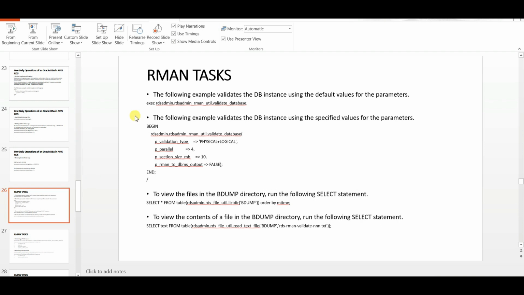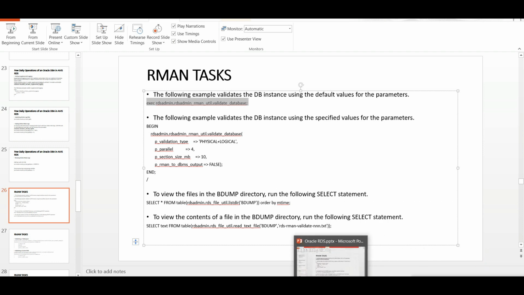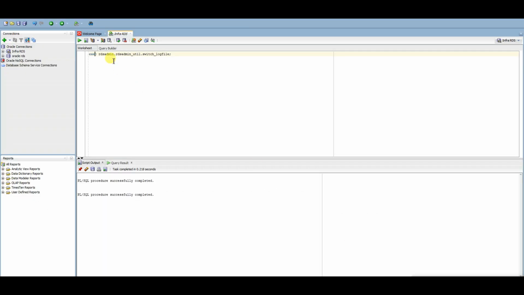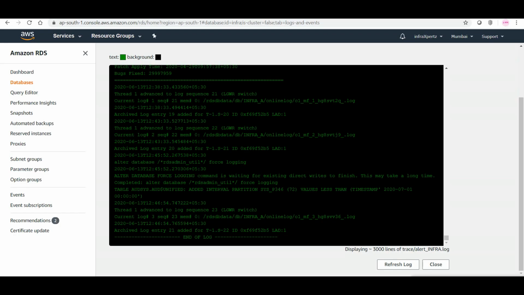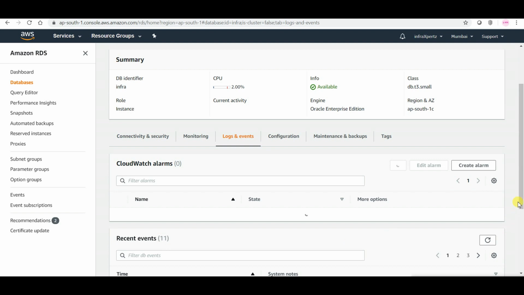Here you can see the following example validates the DB instance using the default parameter values. So this is currently validating the database, and you can also check it from your logs and events.